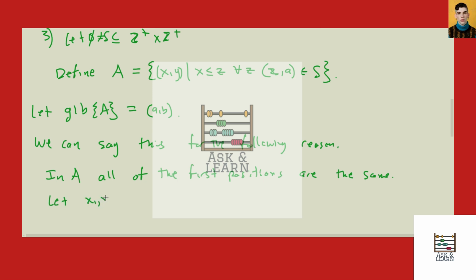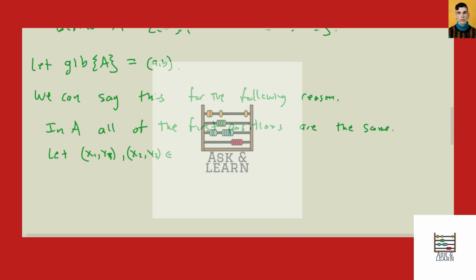So let (x1, y1), (x2, y2) just be arbitrary. So again, what we would do is, I don't know why it's not letting me erase. Oh, there it goes. So maybe a better way to say that is, so if all the first positions in A are the same,